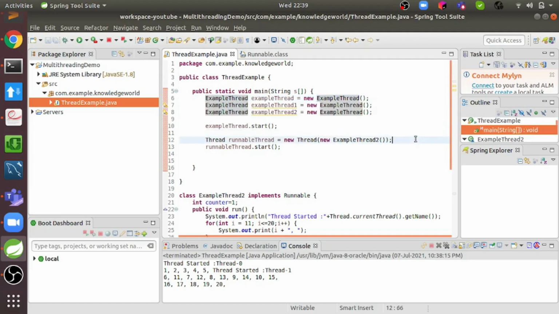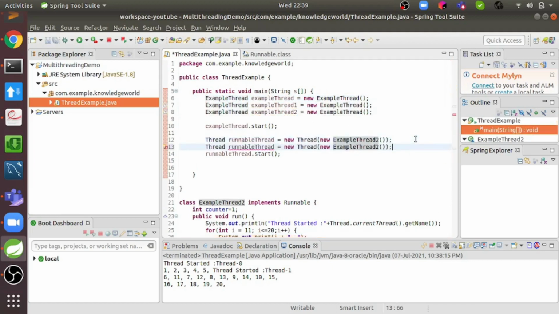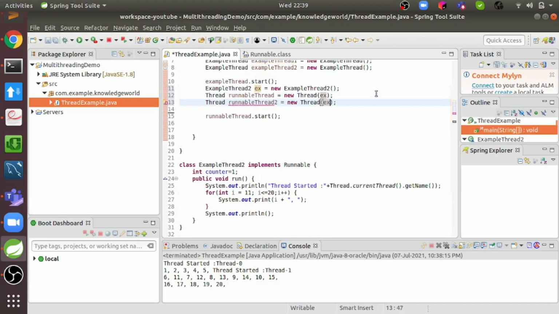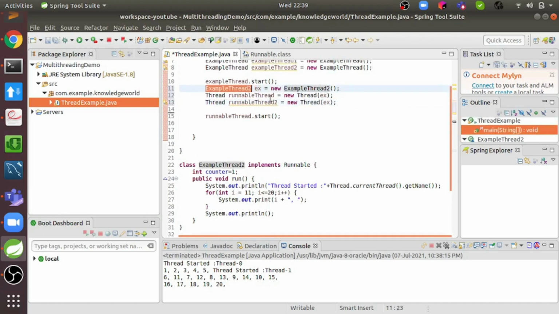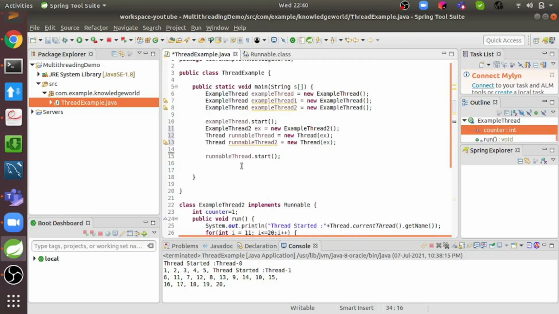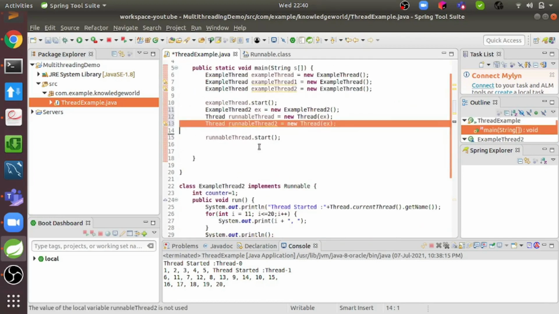But what I have done is I have created multiple runnable threads, each on the same ExampleThread2 object. So now these will share the same object. If one thread increments the counter by 1, another thread will get this value as 2. So this is the one actual difference functionality-wise.